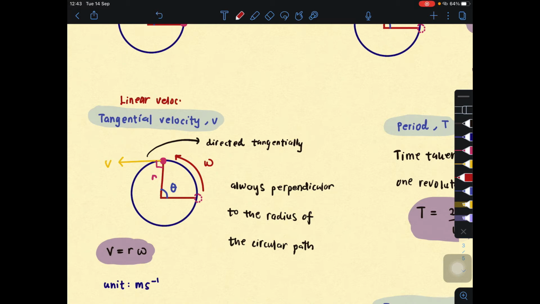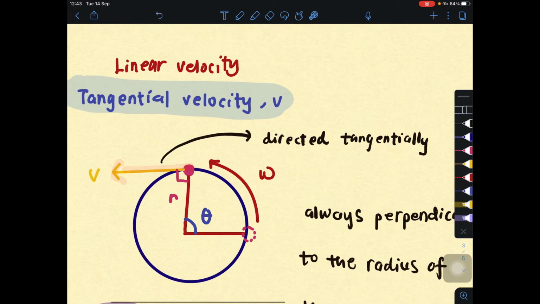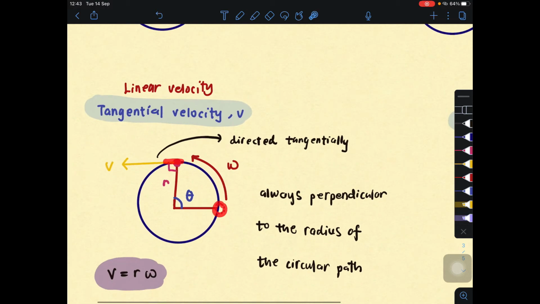Linear velocity. This one, macam yang Miss explain tadi, dia adalah the linear velocity. At this point, dia mesti tangent. Okay, dia mesti tangent. Okay, dia mesti sentuh dekat permukaan circle tu. Kalau di sini pun sama, dia akan tangent macam ni. Okay, dan